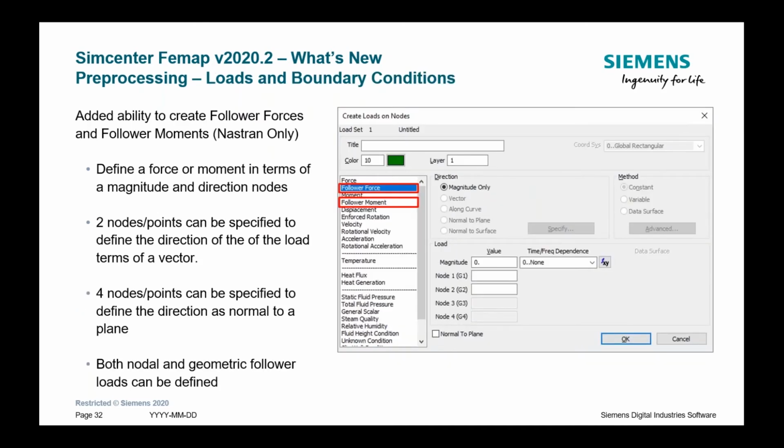Added the ability to specify follower forces and follower moments inside of Femap. This is typically used for nonlinear analysis with Nastran. So you essentially just give it a magnitude, and then you give it either 2 points to define a vector for that load to, quote unquote, follow, or 4 points can be specified, 4 nodes or 4 points, to use the normal of the plane from those 4 points. Okay,